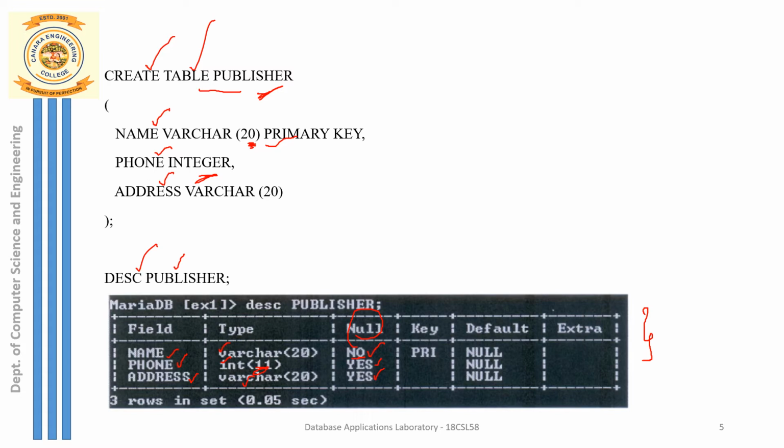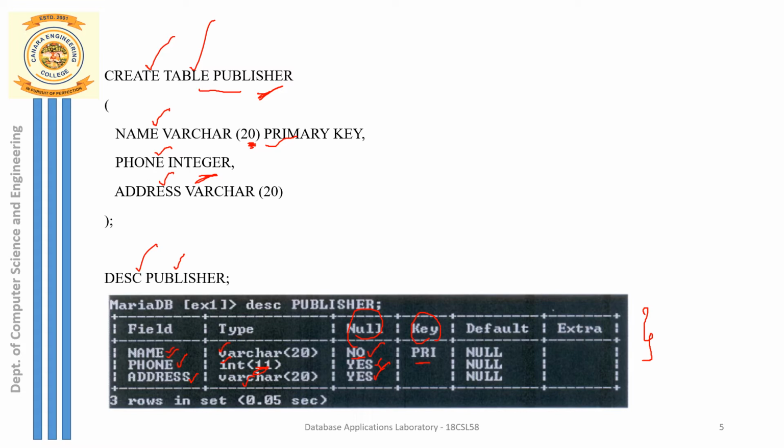The meaning is you can leave the phone number field and the address field blank. If you don't enter any value for phone number, it is absolutely fine, it is going to accept that. So here it can be null. The next column indicates the primary key. Here in the table we have only one primary key, and that primary key is the publisher name. For the other two attributes it's blank.